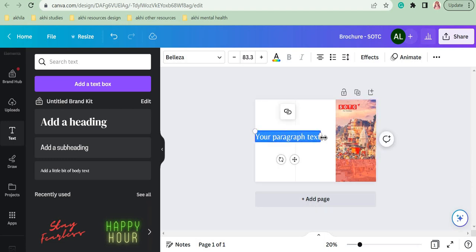You can see there is an anchor point here. There is a side anchor point here for the text box. Here I can give the title. So, Triple Threat